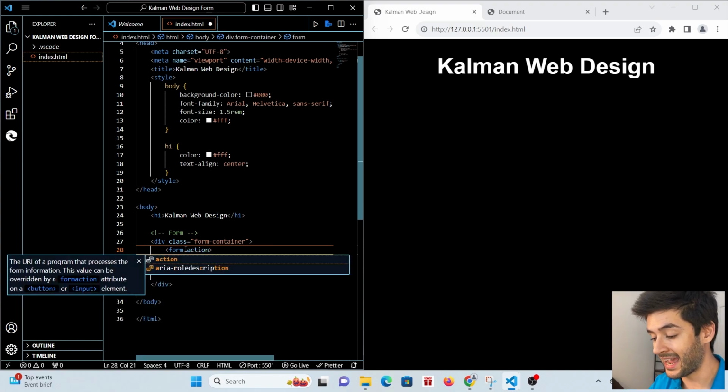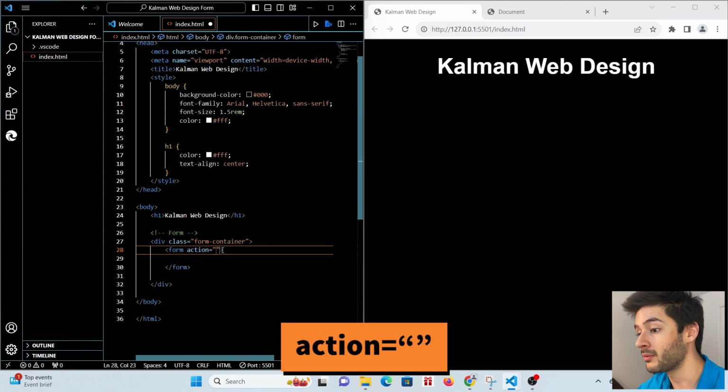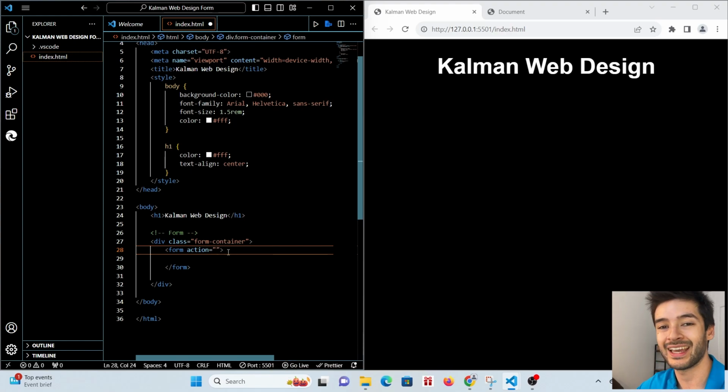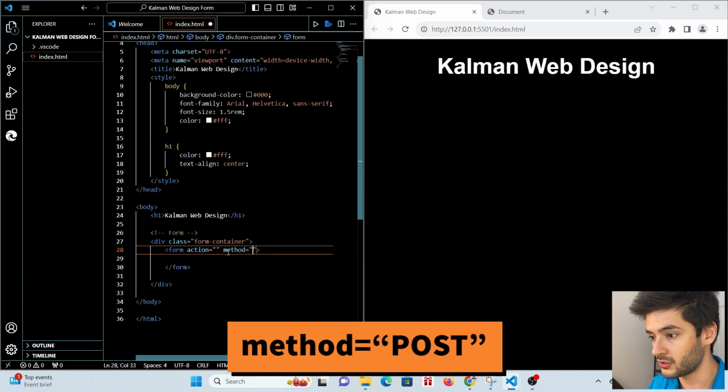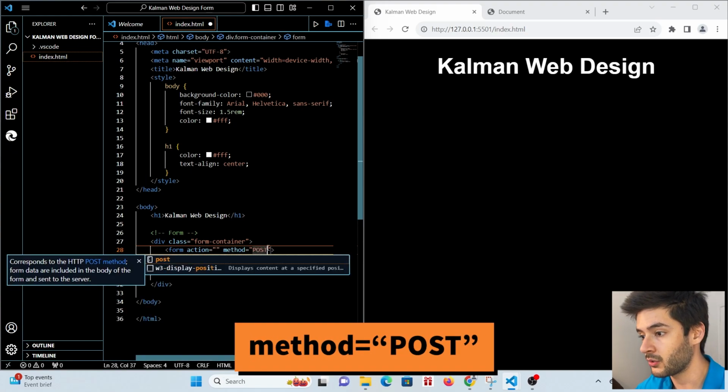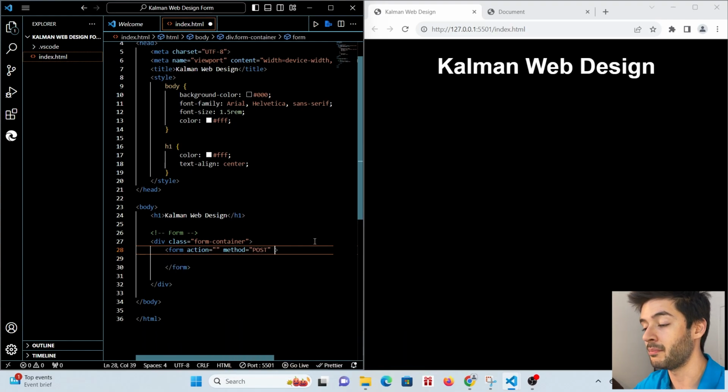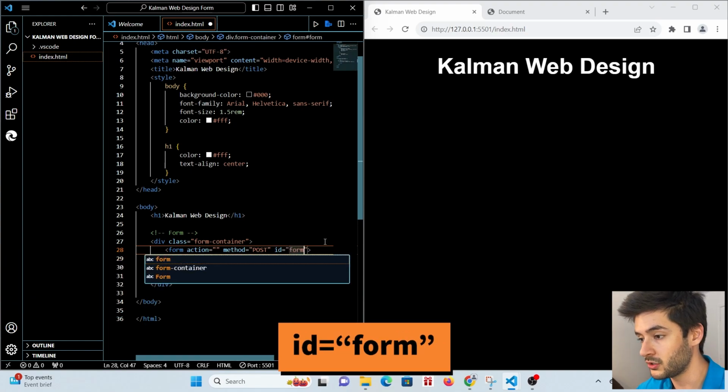Now we're going to add the action attribute to our opening form tag, and for now we're not going to do anything with this. We're just going to leave it blank like I have here, but when we get to using JavaScript and PHP later on and actually taking this form data and doing something with it, you want to be in the habit of already adding these attributes. Now our method is going to be equal to post. Again, we're not going to get into this in today's video, but make sure you get in the habit of using these attributes. And now we're simply going to add an ID of form,